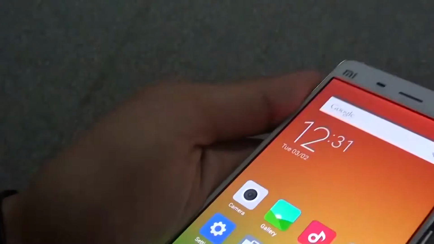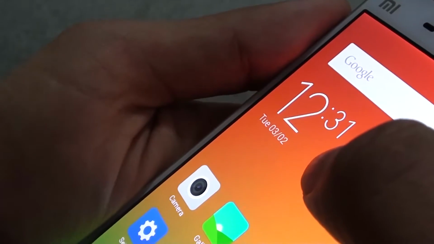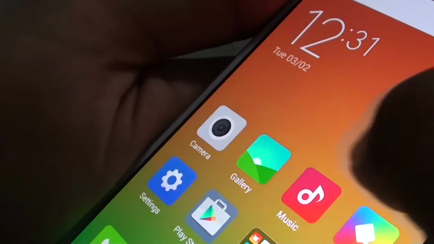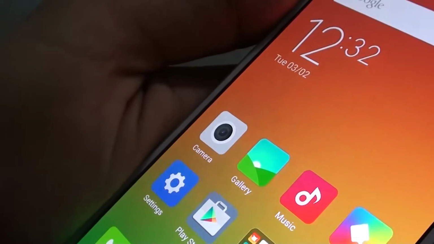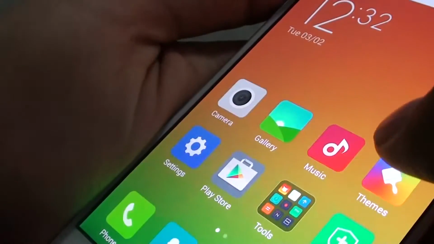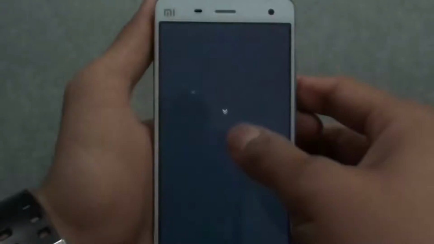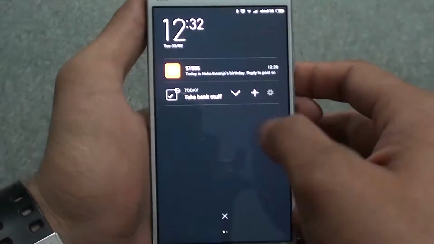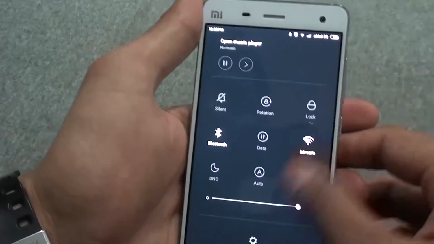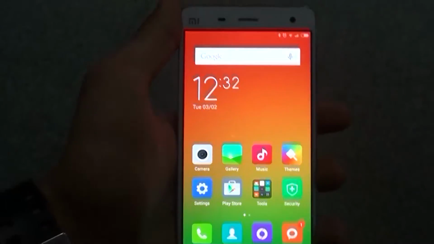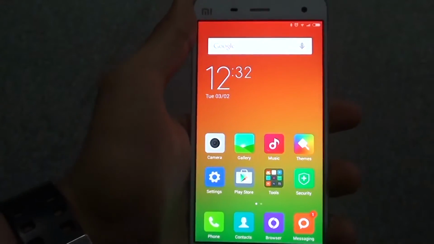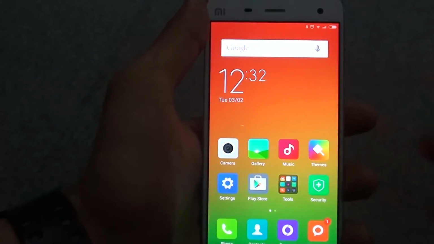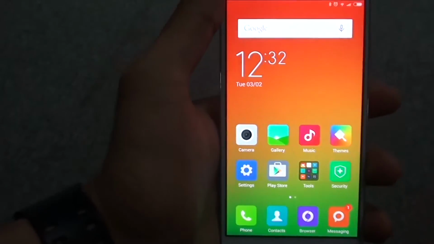Then the design language is very different. See, the kind of fonts that they've used there, very different in MIUI 6. That's the version I'm using. The icons are all rounded off, and they use flat design. That's also something that happens in Android. When they're all very rounded off, it looks, if you notice, very similar to what iOS looks like, Apple's operating system for mobile phones and tablets. So a lot of the design language looks very similar to what we've seen in iOS, and in some cases also in Samsung's TouchWiz. So essentially, MIUI is a visually different interface on top of Android,